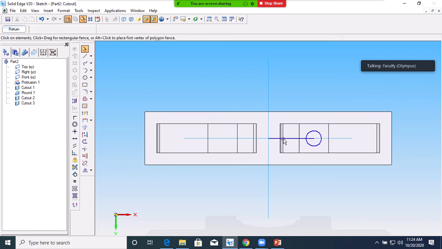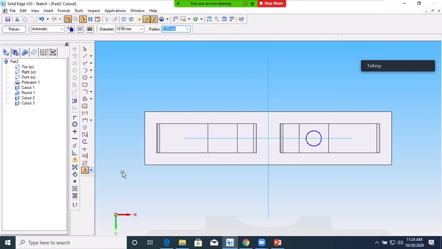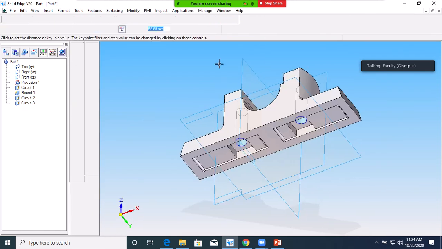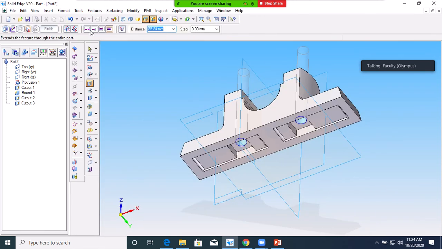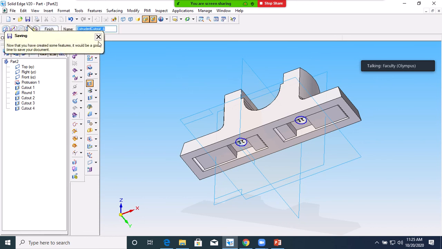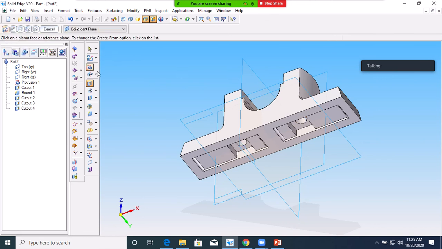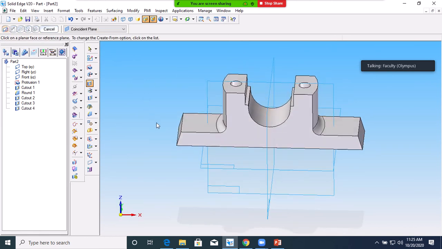Then delete this reference line. Do a mirror of this profile to the other end, then say return, then you just give through all. Okay, show the direction. Finish. So that wall will be created.